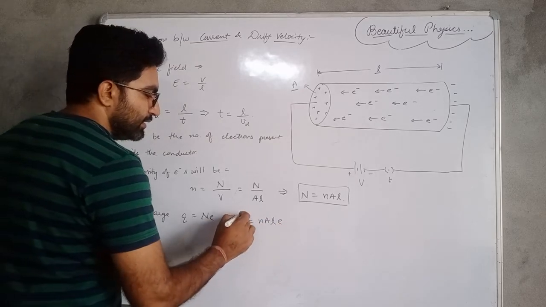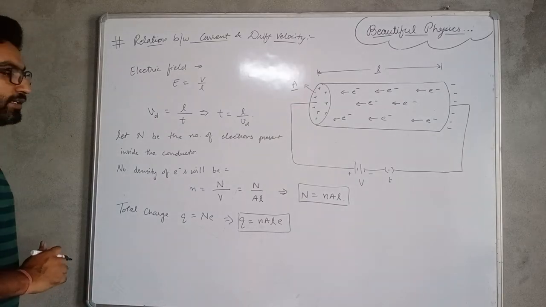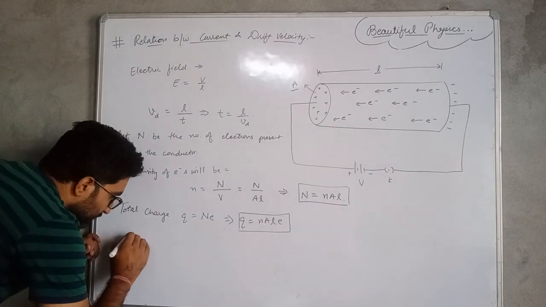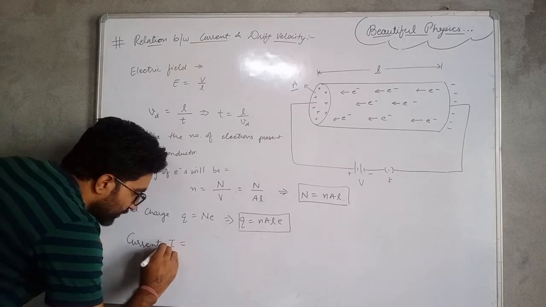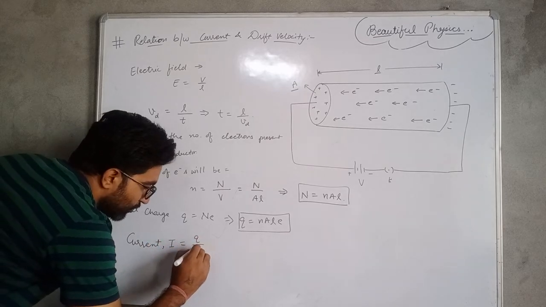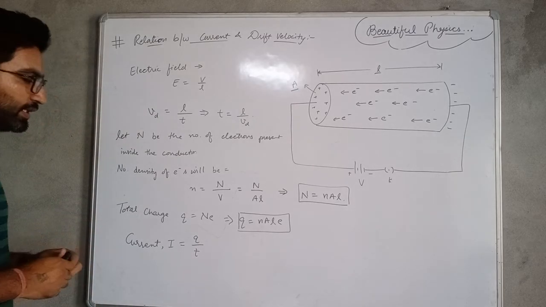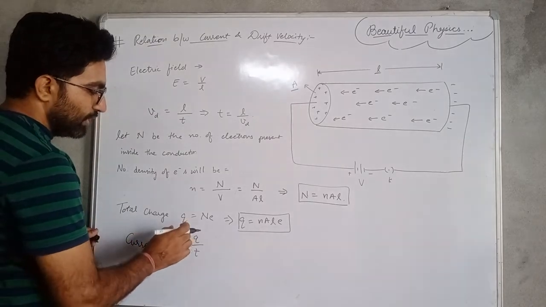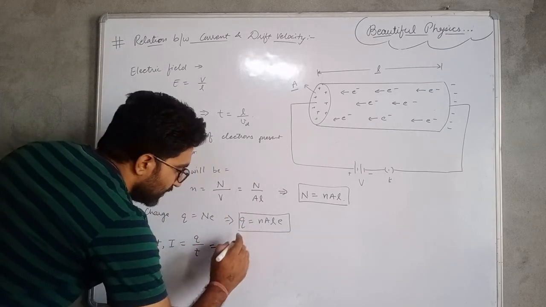It is the charge present inside the conductor, and we know that current I is equal to charge upon time. So put the value of charge and time one by one. The charge is nALe